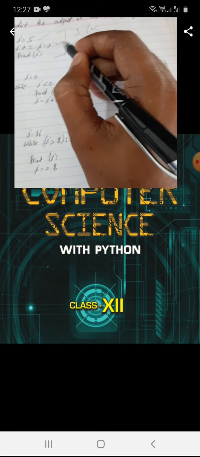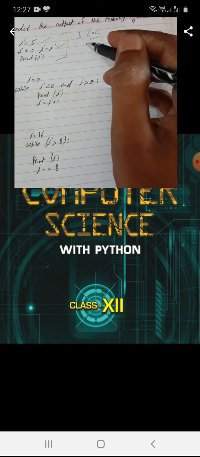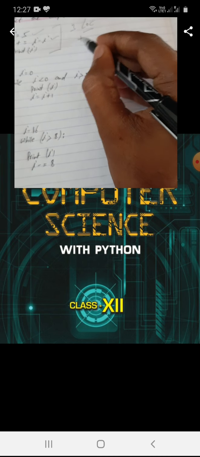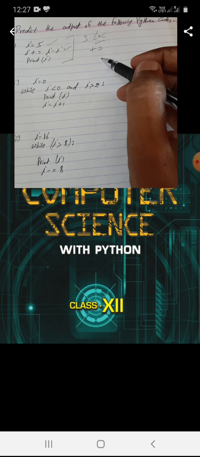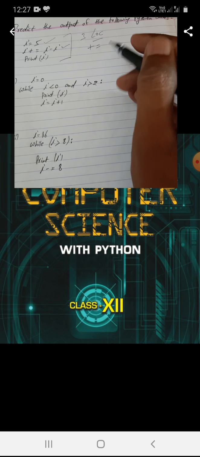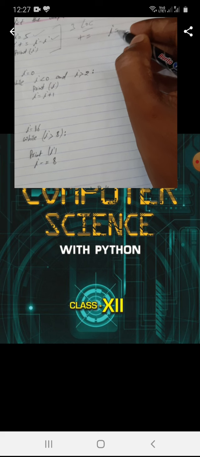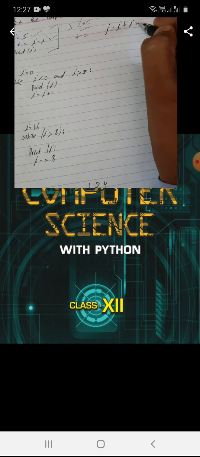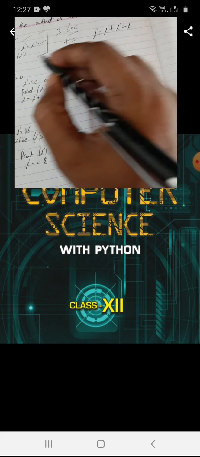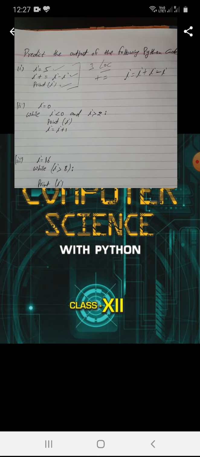In the second line of code, the increment operator += is assigning the value of i = i + i - i. Then in the third line of code, the output function print(i) is given.